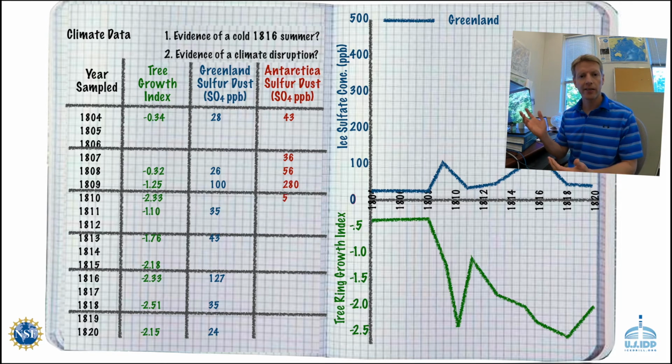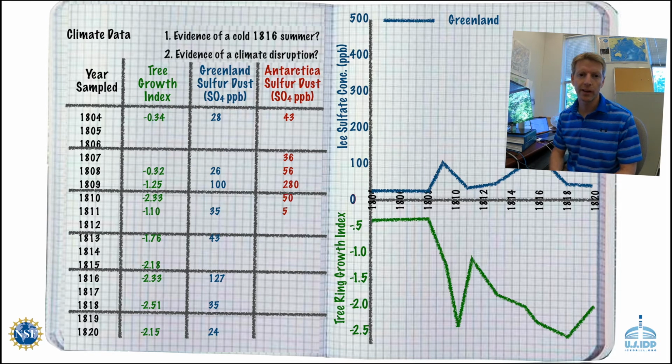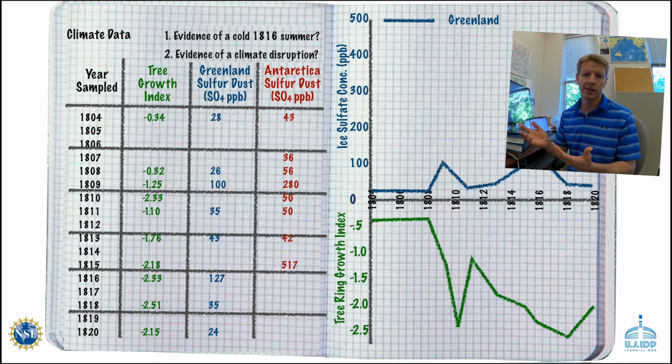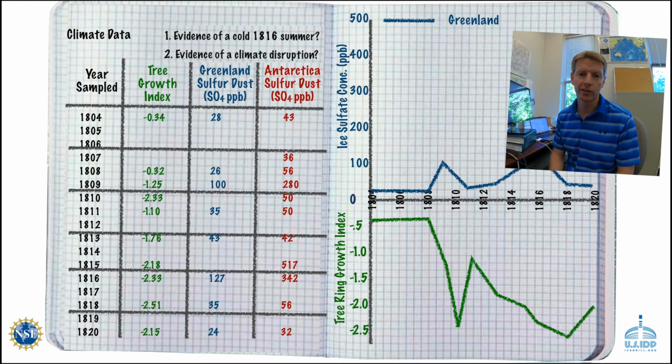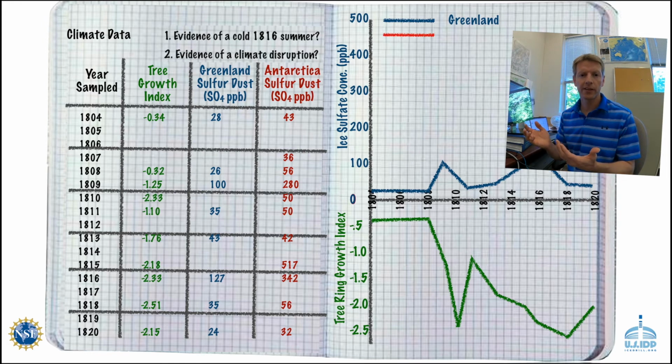So now on the right-hand side of the page, we're going to plot the South Pole data right up there with the Greenland data. Now, you're going to want to use a different color this time so you can tell the difference between the Greenland data and the sulfate data from Antarctica. So make sure that you include a key at the top of your chart showing which one is which. So take a moment to plot the data up. Feel free to pause the video to make sure you have enough time to do that. And then we're going to look at the data and really think about what is the story that we see here.